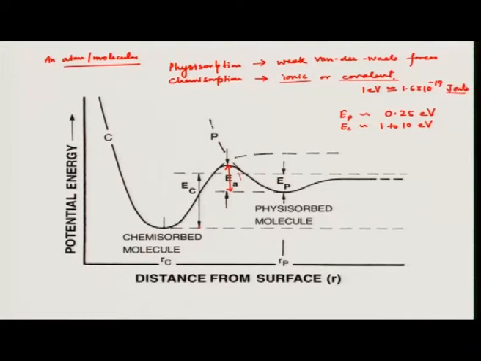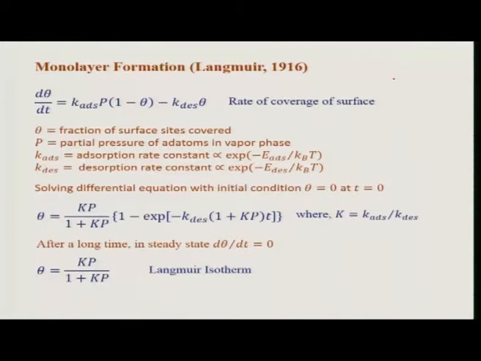And how does an atom or molecule get adsorbed on the surface? There are different ways to describe how many atoms or molecules are being adsorbed. So, first one of this is called Langmuir isotherm, and this describes the coverage on a surface by formation of monolayer of adatoms. So, any atom which is coming to the surface is called adatom, because it is being added to the surface.